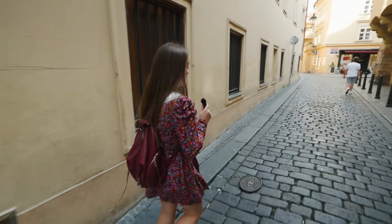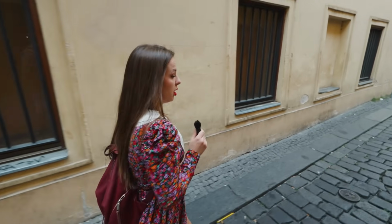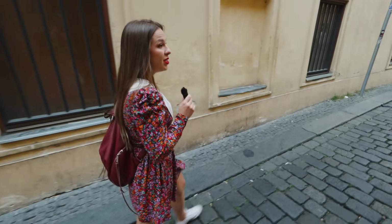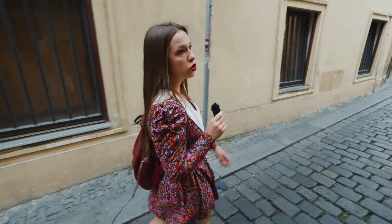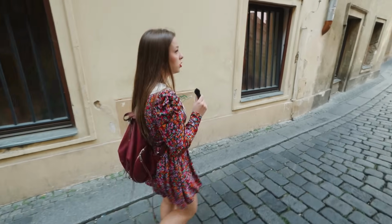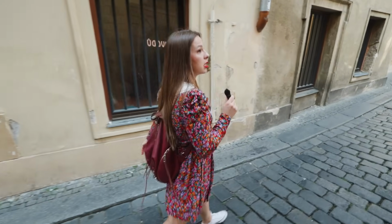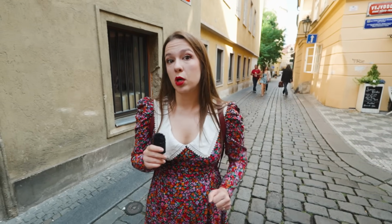So now we will finally take a look at the narrow, winding streets of the Old Town. And I can tell you guys why it is so easy to get lost here. Because back in the day, when Old Town was just being established, it wasn't even a town yet, it didn't have a defense wall. Whoever was building their houses here did not have a plan, so they kind of just built them randomly wherever they liked. That led to this web of narrow streets spreading even further, but it actually had a one...